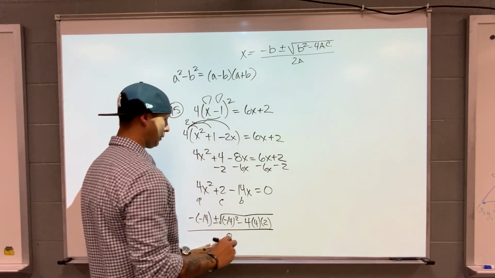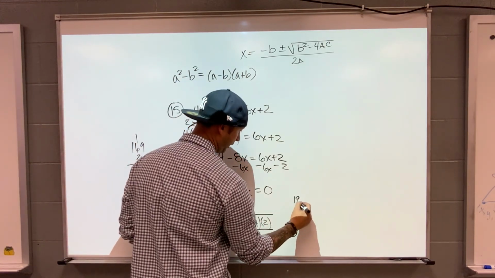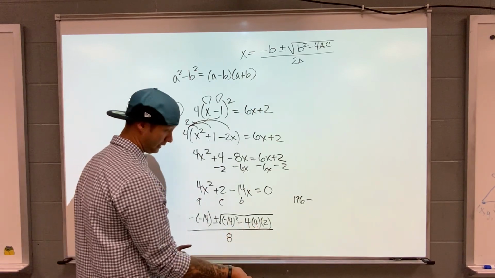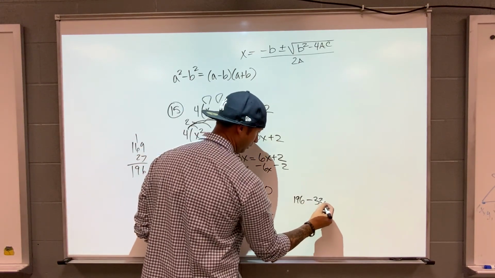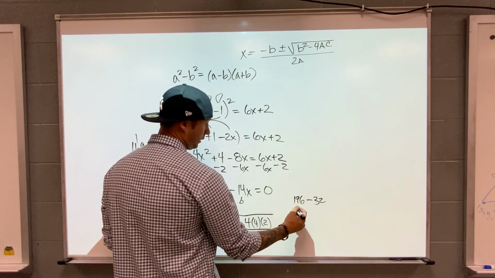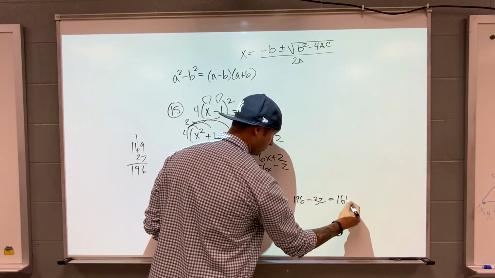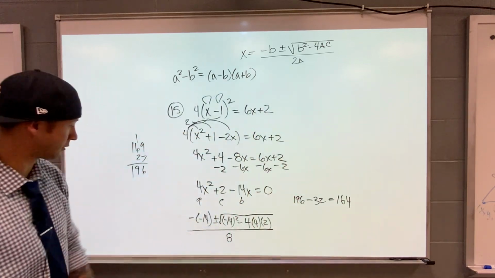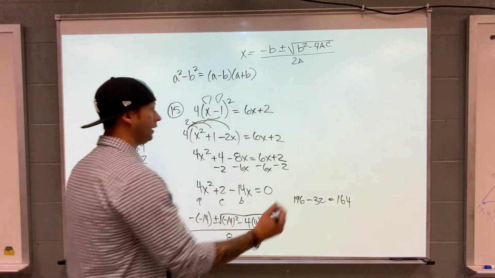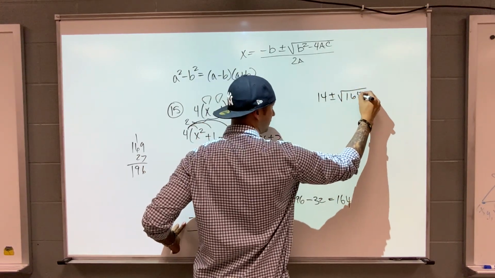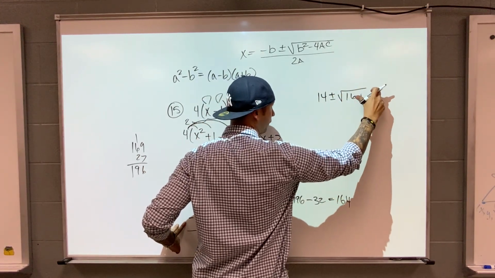All right, so this is going to be 196 minus 4 times 4 is 16 times 2 is 32. So 164, that's the discriminant part. So we got positive 14 plus or minus root 164